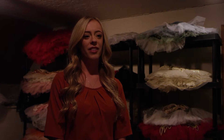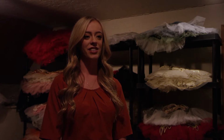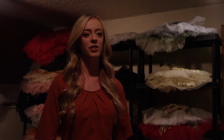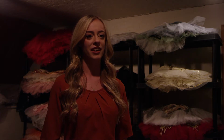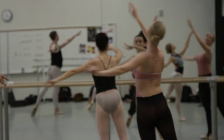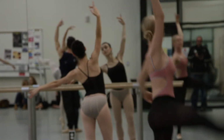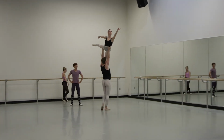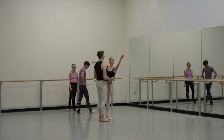What I love about the new Nutcracker is Jackie has just perfected the musicality to it. Jackie has put so many beautiful little nuances in the choreography that have matched up so perfectly with Tchaikovsky's music. And it's really, really fun to be a part of this legend growing up and now creating a brand new production. Coming into the new Nutcracker, she's even amped it up even more. I would say it's even more difficult this time around, and even with the new choreography, she made it more challenging but more suited to each dancer that she worked with,